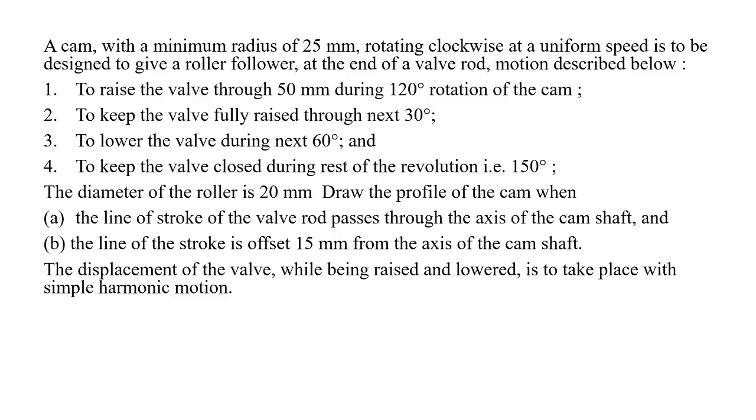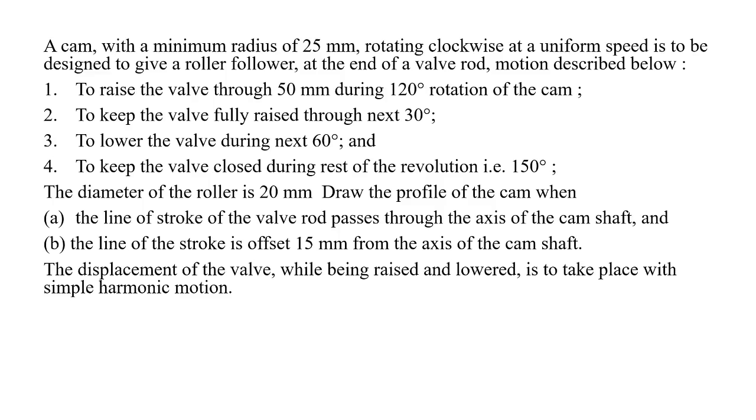A cam with a minimum radius of 25 mm rotating clockwise at a uniform speed is to be designed to give a roller follower at the end of a valve rod motion described below. First, to raise the valve through 50 mm during 120-degree rotation of the cam. Second, to keep the valve fully raised through the next 30 degrees,